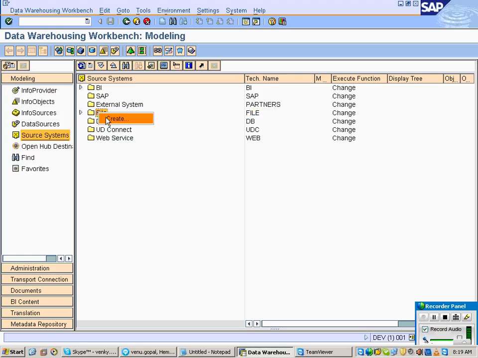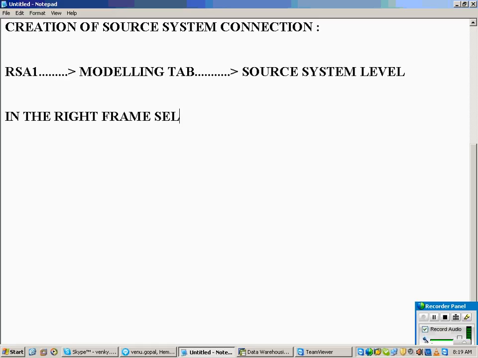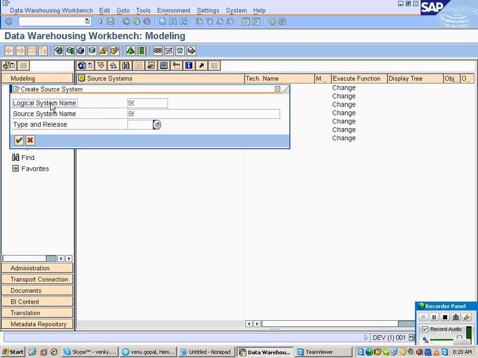The option you get is create. Click on create. So now in the right frame, select file. Then what? Click on create. So it's asking to give some logical system name and the description. Give any name that you want. It will allow. Okay, now I am saying, right, yes underscore. Okay, so this is a file